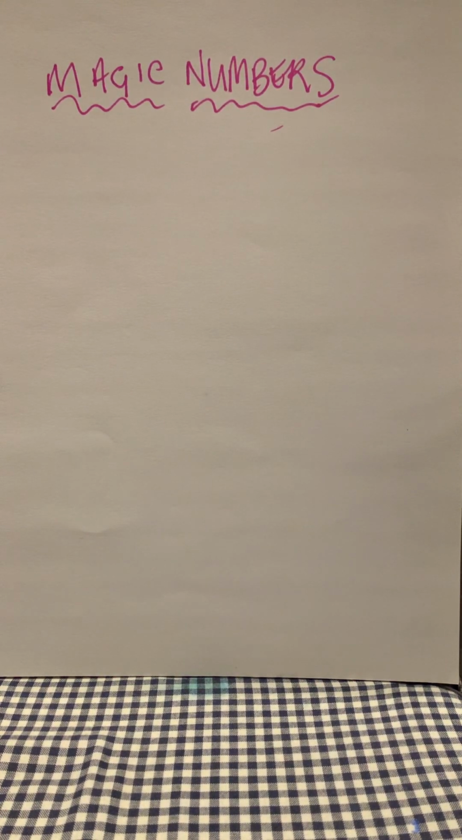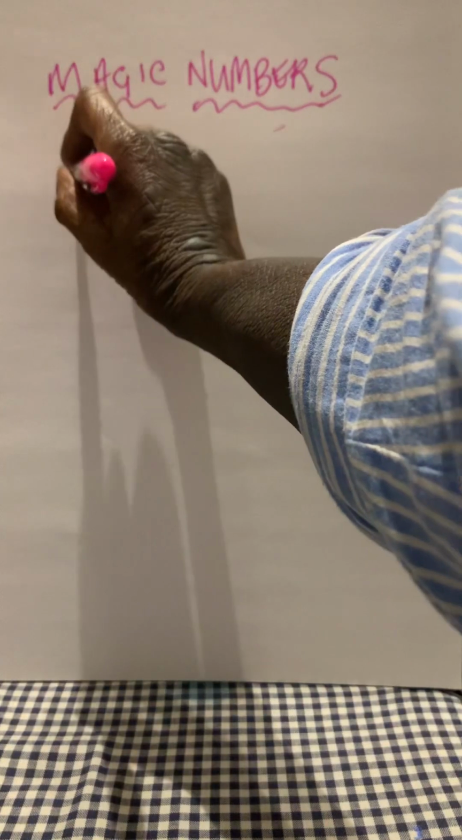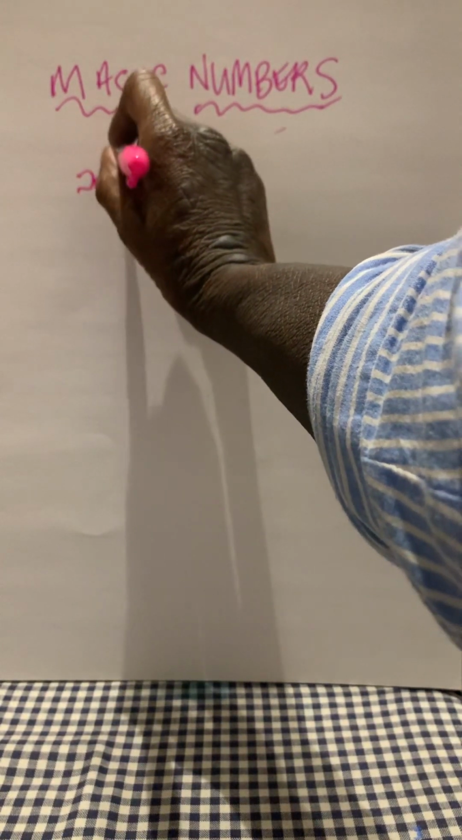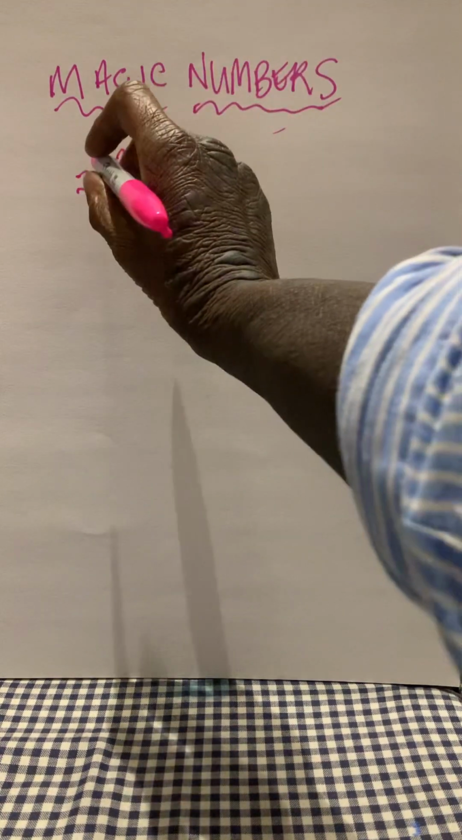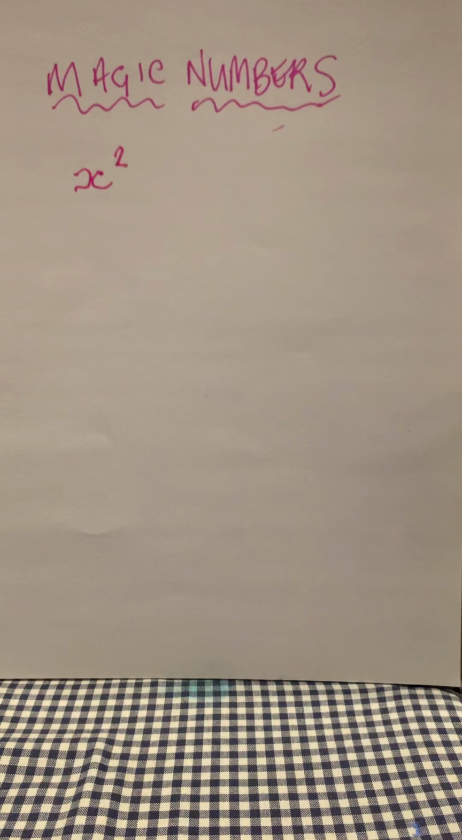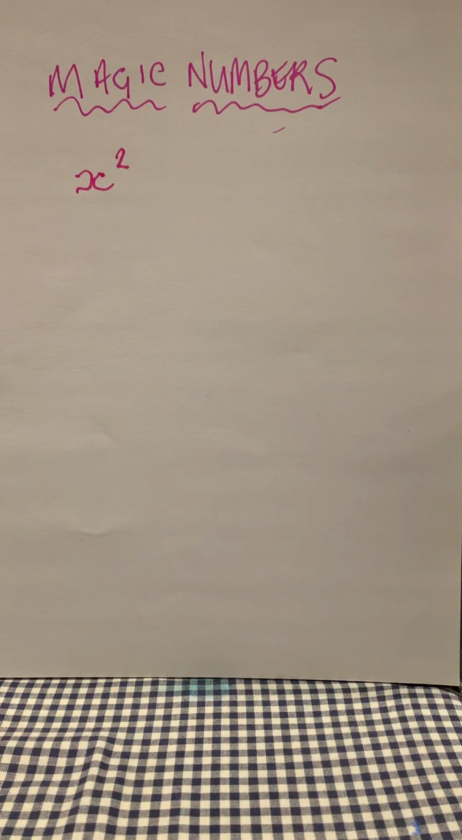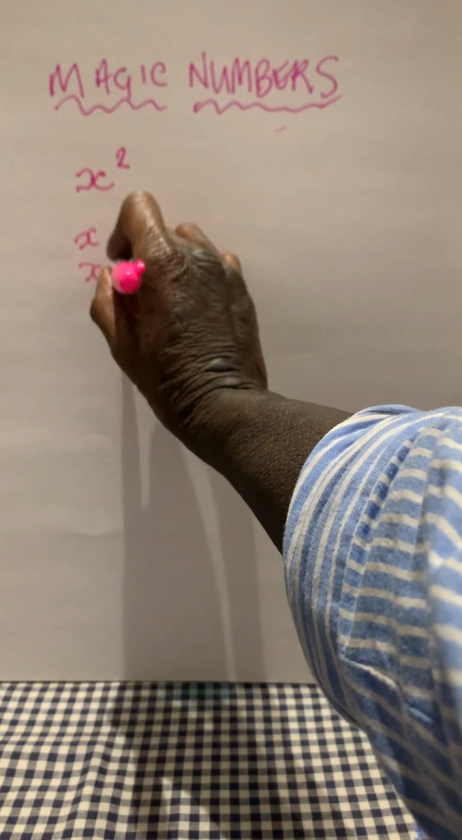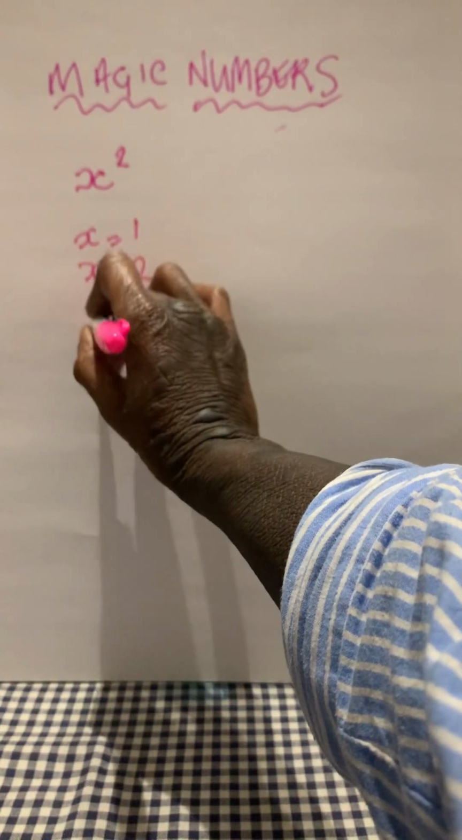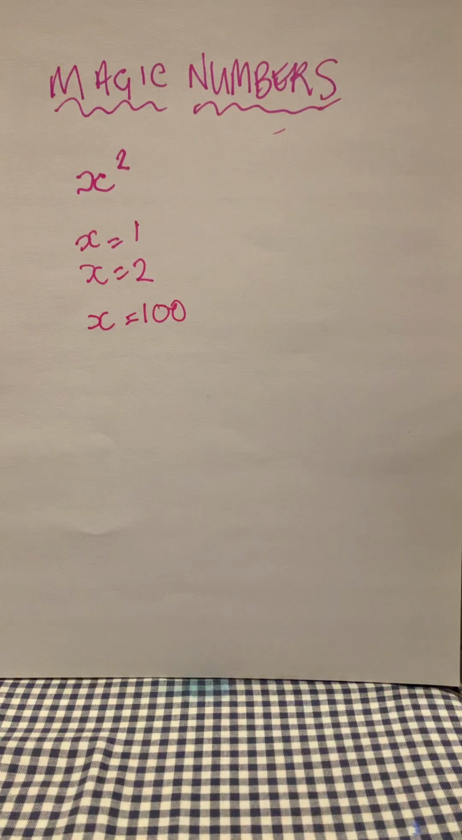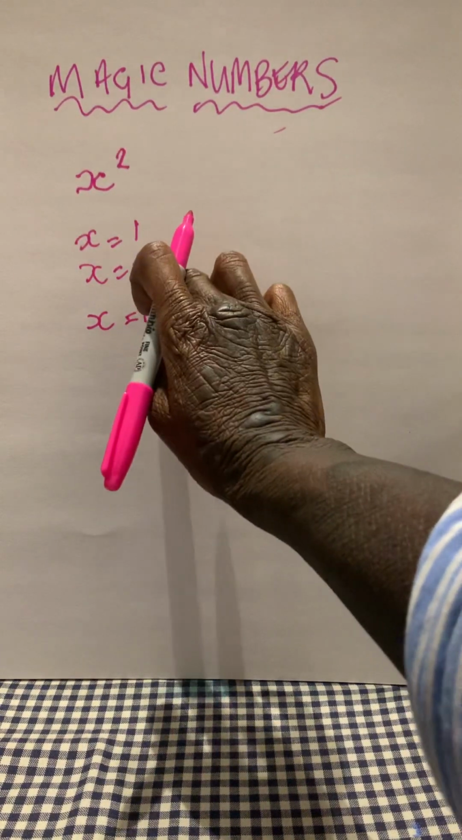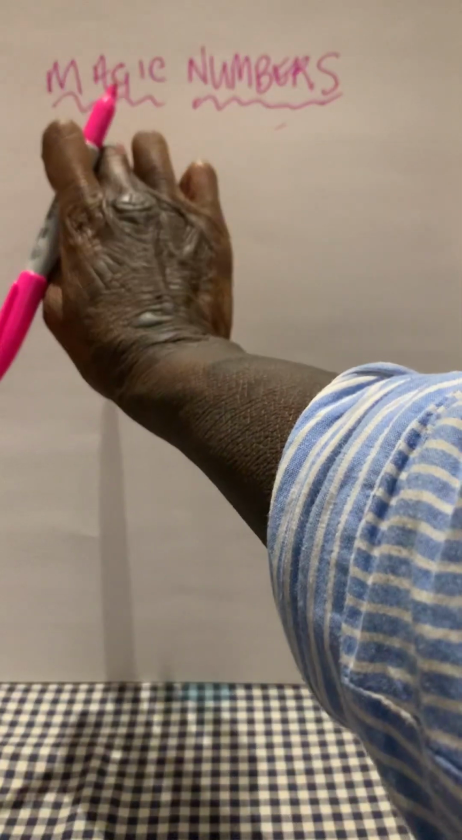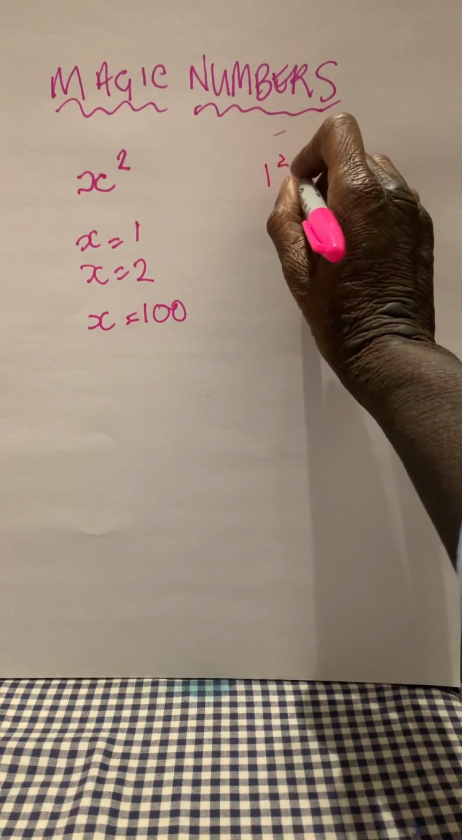Anyway, magic numbers. As I promised, we're going to talk about magic numbers today. So, what I want to show you is this. X squared. X squared means that X can be anything, like I said to you about fill in the blank. X can be anything. So it can be X equals 1, X equals 2. It can be anything. X equals 100. And if X equals 1 or 2 or 100, putting that 1 in place of the X, it will be 1 squared equals 1,